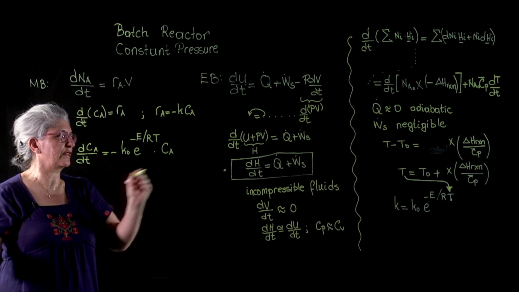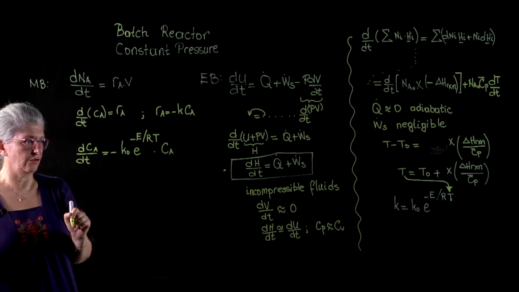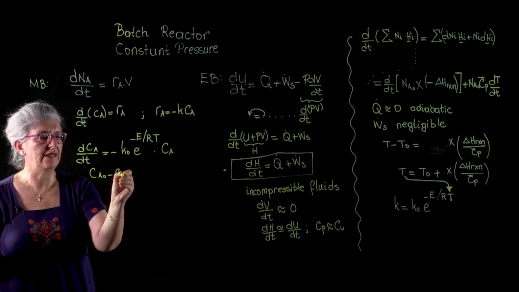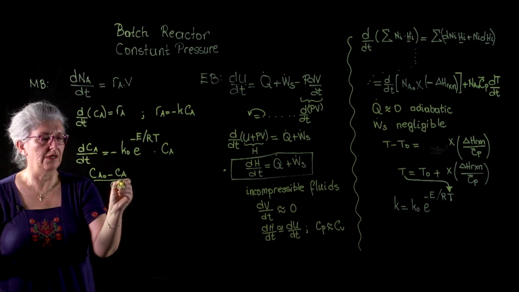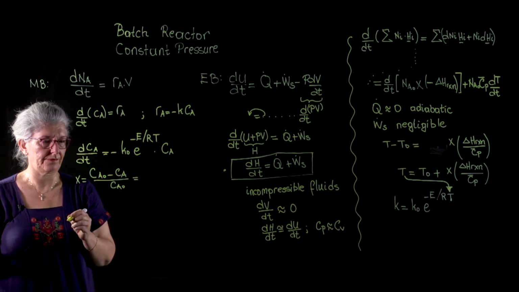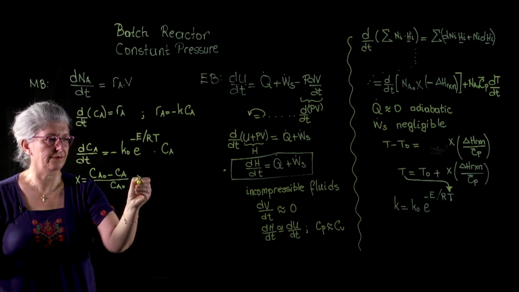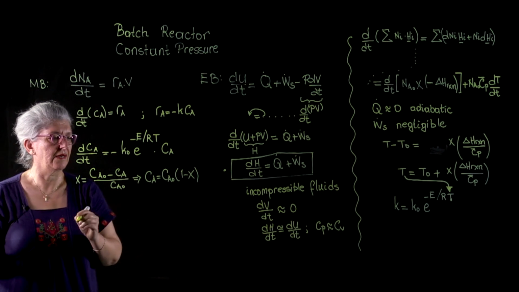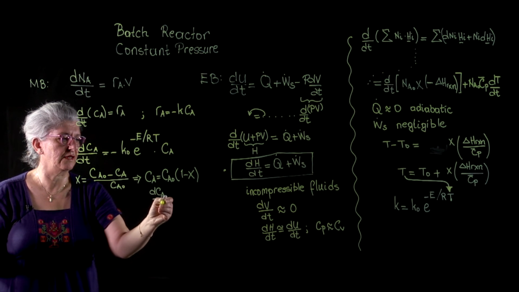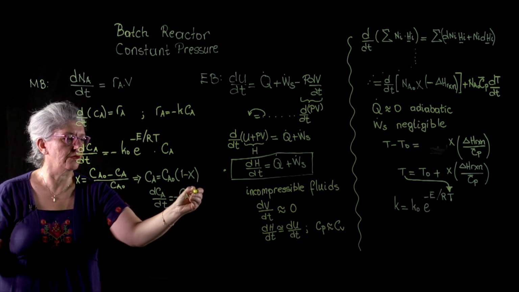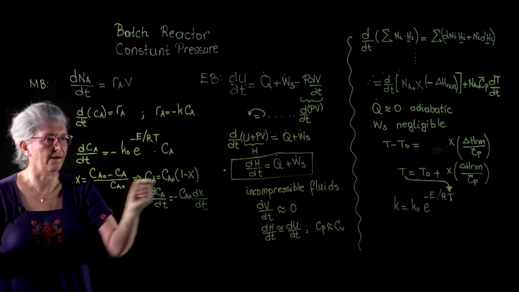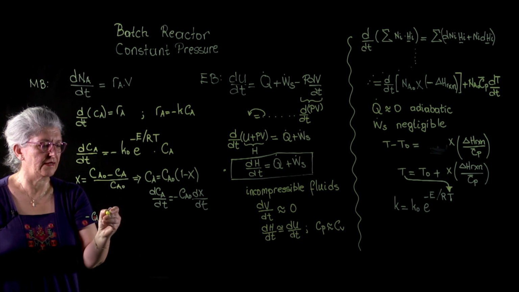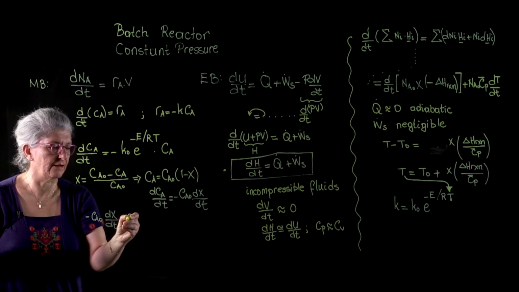And of course, since our temperature is a function of x, we are going to convert concentration to the equivalent expression in terms of conversion, remembering that Ca0 minus Ca divided by Ca0 was equal to x, or Ca was equal to Ca0 times 1 minus x. Or dCa over dt is equal to minus Ca0 dx over dt. Such that we have minus Ca0 dx over dt to be equal to